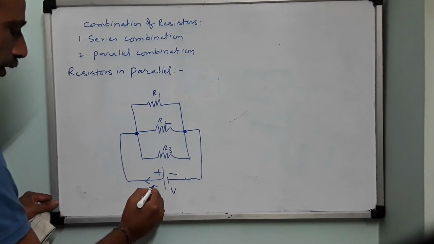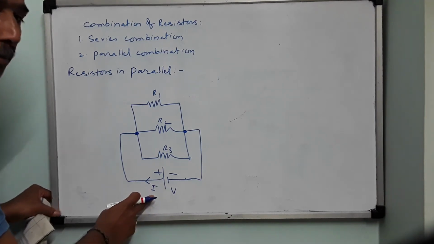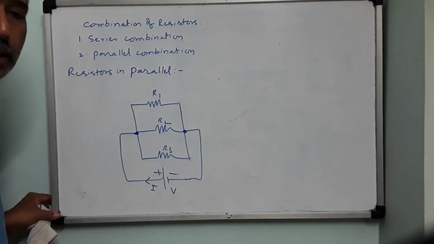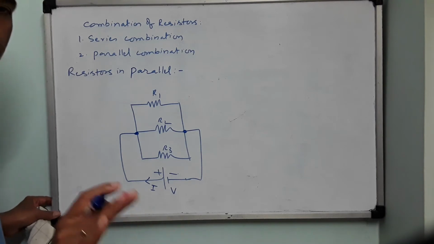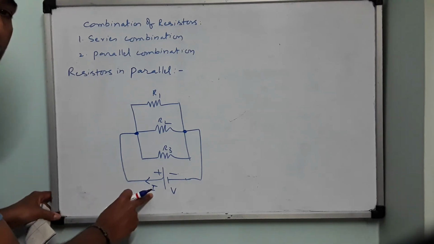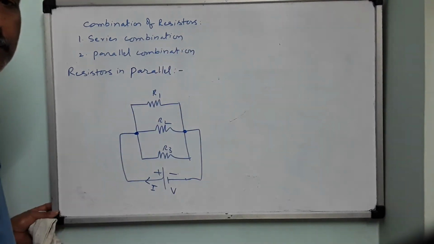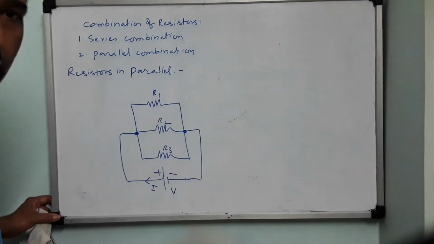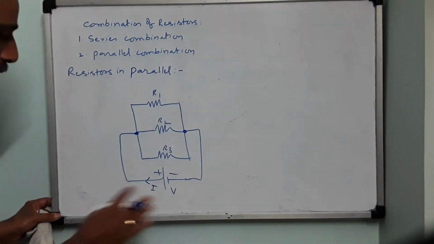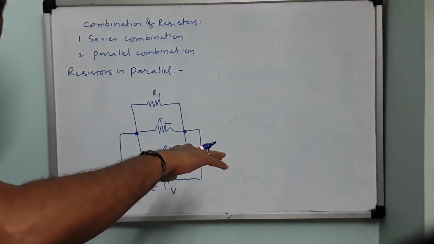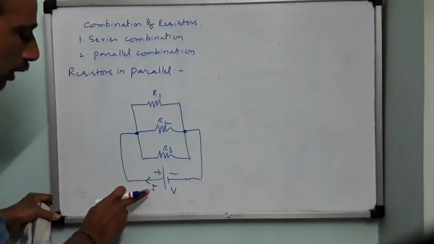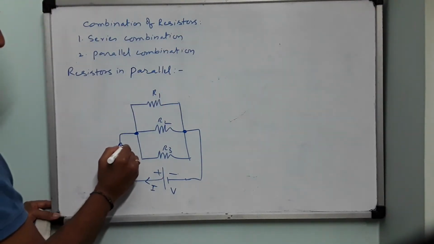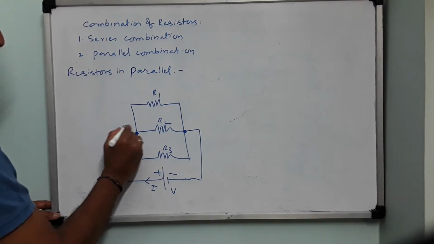This is I. Remember children, this current I may or may not be the same as the previous current which you have seen in series combination. I will make it further clear. This current can never be equal to the current in series combination. In series combination the resistance value is increasing, therefore for a given battery the current will decrease. Here this current I will be larger than that current. Now this will flow in the connecting wire here and it will come here as I only.